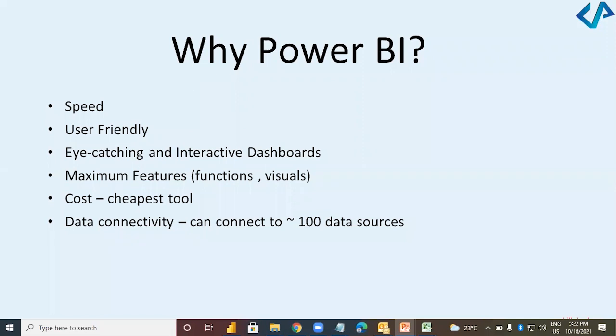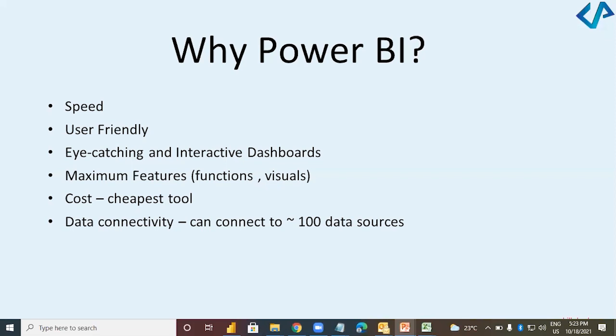Then it is very user friendly. No programming is required. No technical background is required. Anybody who can work on a computer can work in Power BI. It is so simple. Third, eye-catching and interactive dashboards.